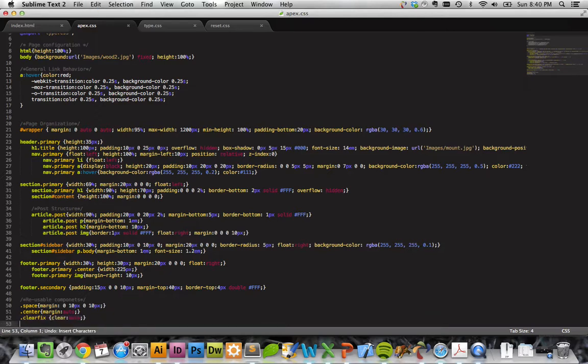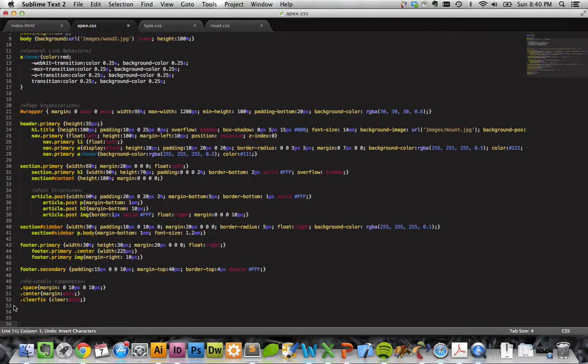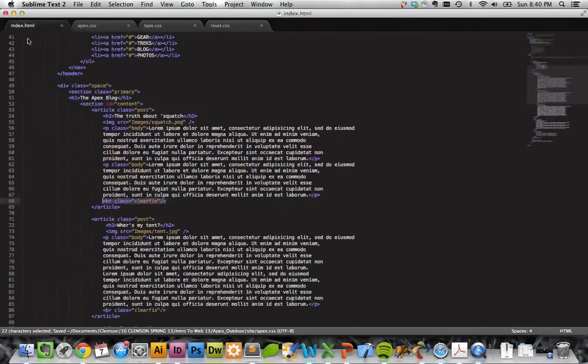Oops. So remember when we were looking at floats, clear was a way to break out of that floating pattern. And since a break tag is really just kind of an empty element to create a line break, it's a good candidate for this